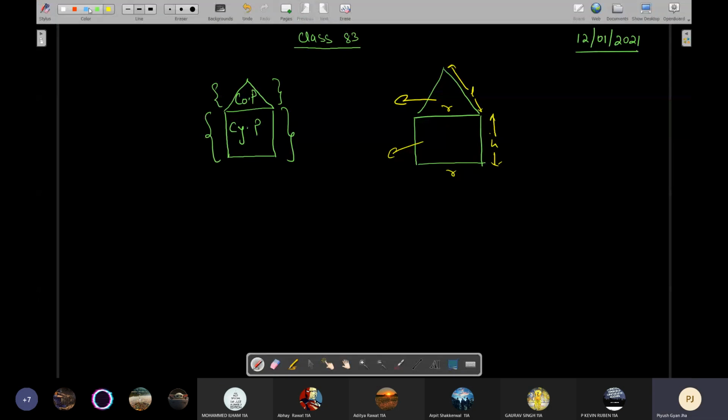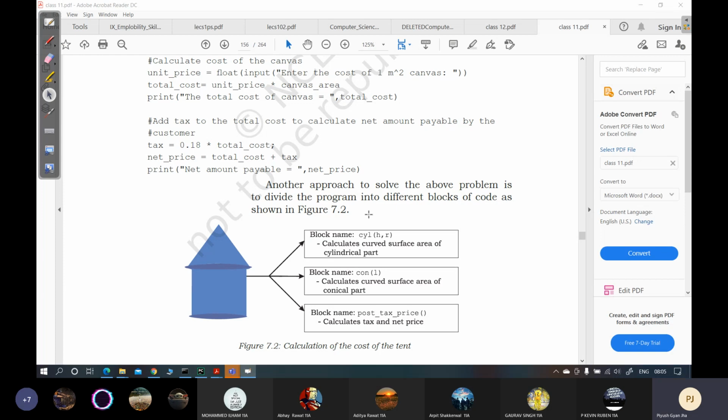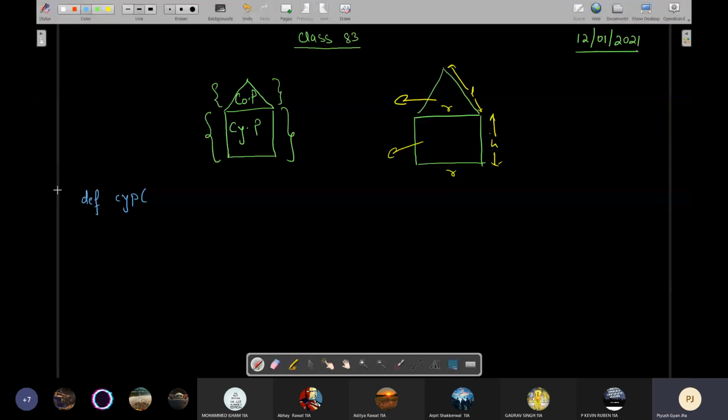Like this. Def, let's say one is the cylindrical part. It is accepting how many parameters? Look, height and radius, h comma r.